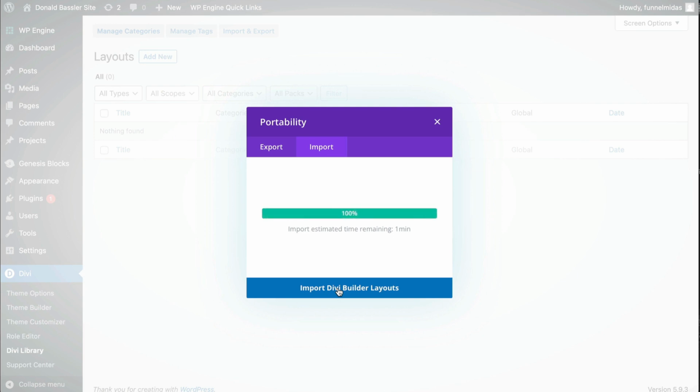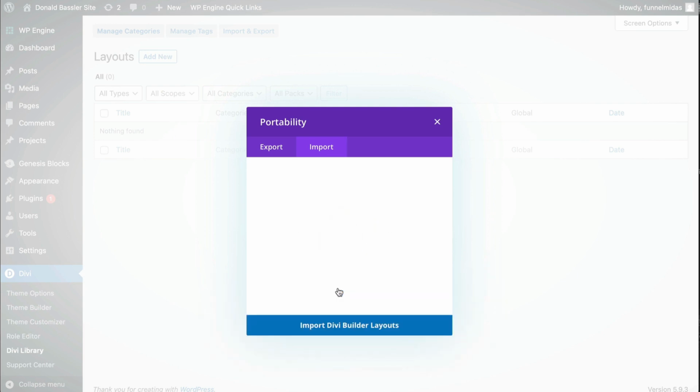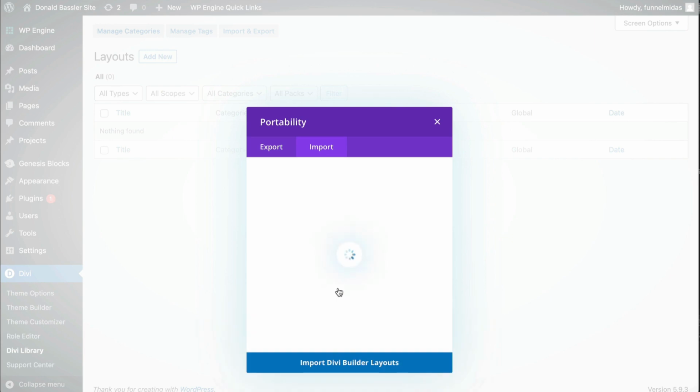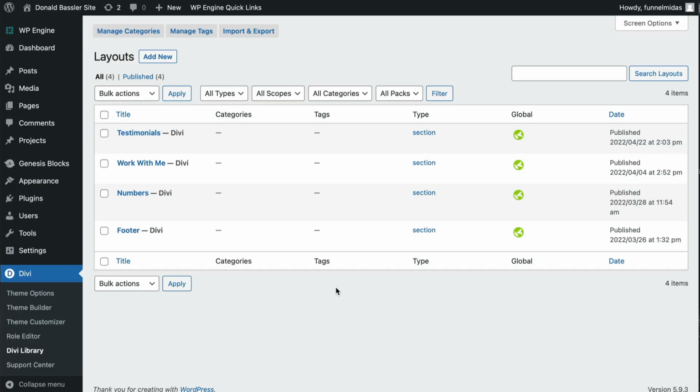And now you'll see that Divi, our theme, is bringing in these global layouts. So this is really cool because what we're going to be able to do is come in here and edit this footer with your information, and then we're going to replace it globally throughout your site, and you won't have to ever do it again. If you ever have any updates to your footer or to your numbers panel or your work with me or your testimonials pages, all you need to do is make the changes here, and they will show themselves globally throughout